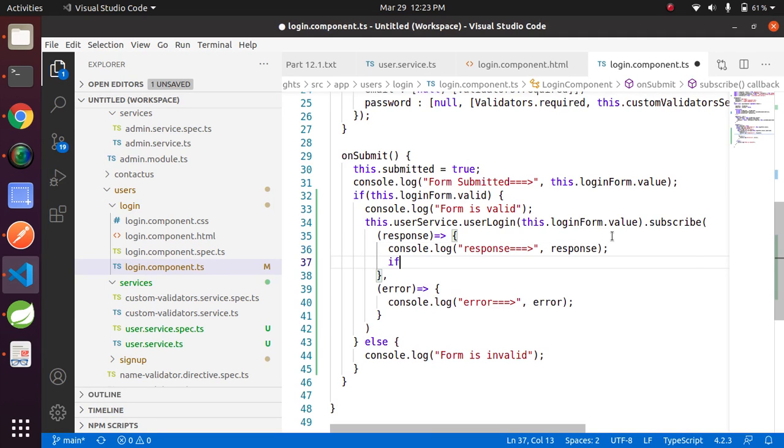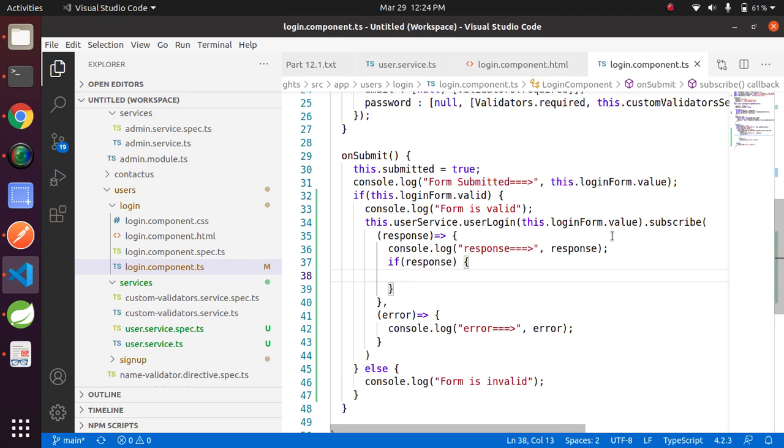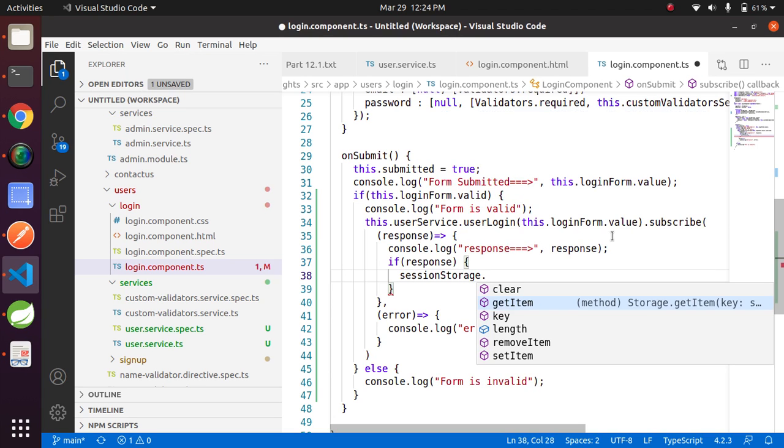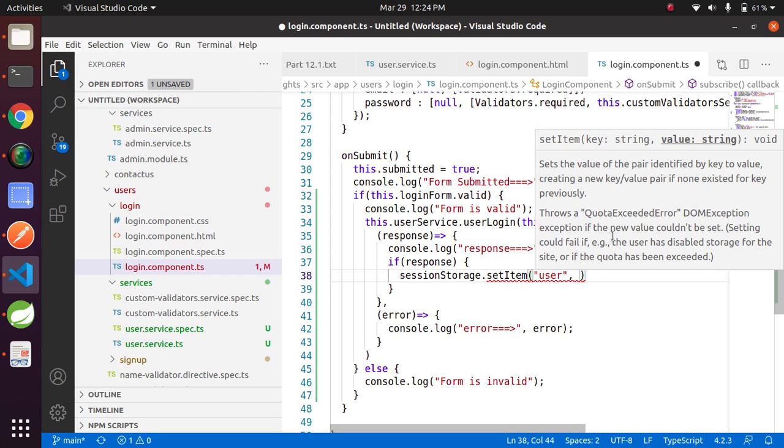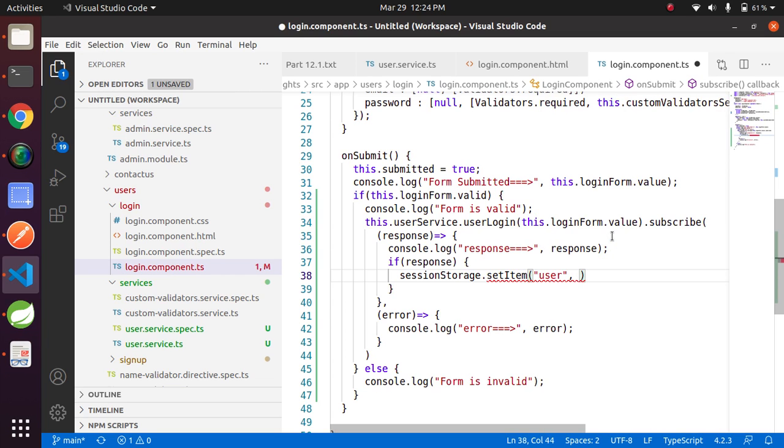If response is successful, then sessionStorage.setItem user, and before saving, let's stringify the JSON object.